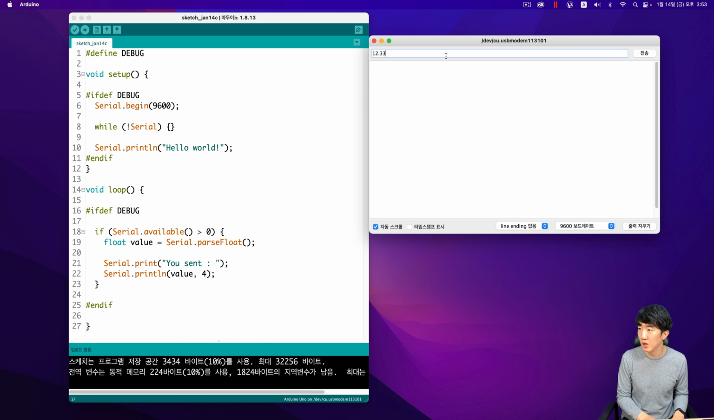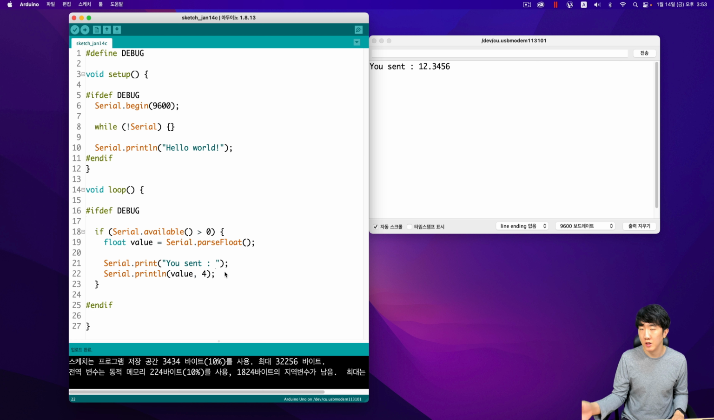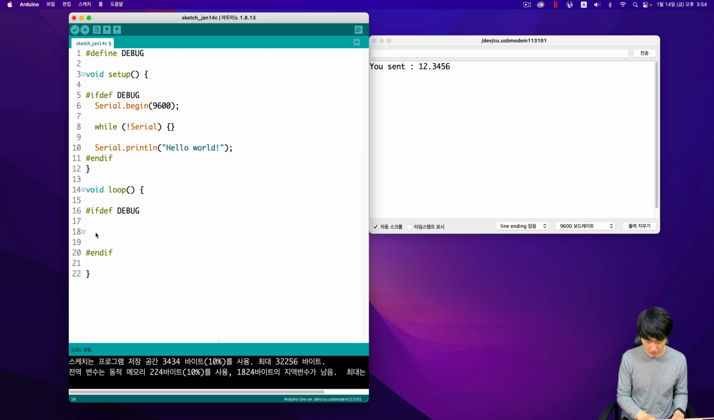You can see that 12.3456 is displayed with 4 decimal places. In this way, you can also set the decimal place format. Next, let me show you something that I often use when debugging. Here, I will use it, for instance, actually